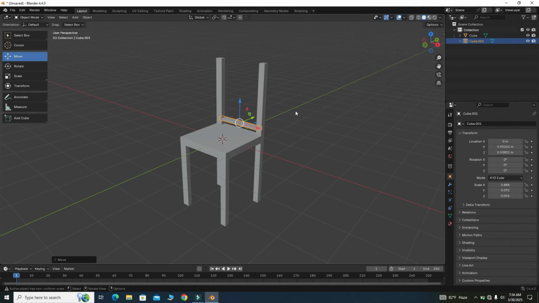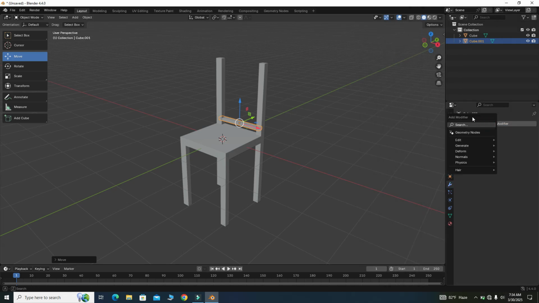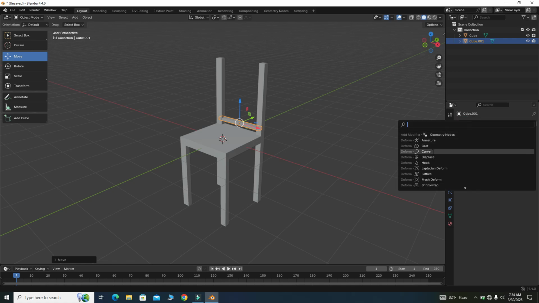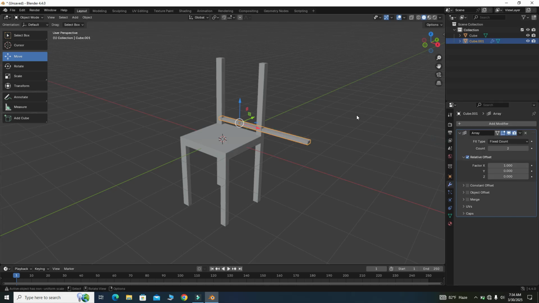Now we will add array modifier. So let's go to here modifier, and I will search for array modifier, and here you cannot see array modifier, so I will search array. Basically it will create multiple instances of your object, and you can see this is the wrong direction, so I will write 0 in the x factor. I need its multiple copies in the z direction, so I will write 1,